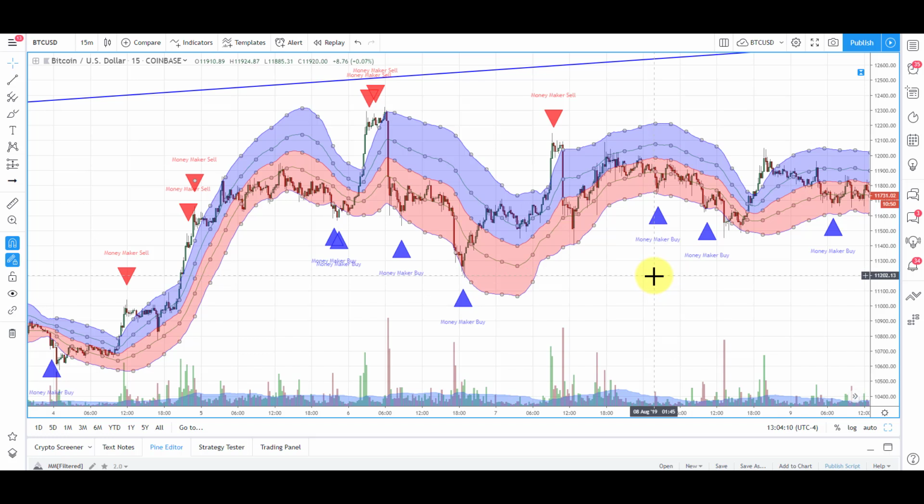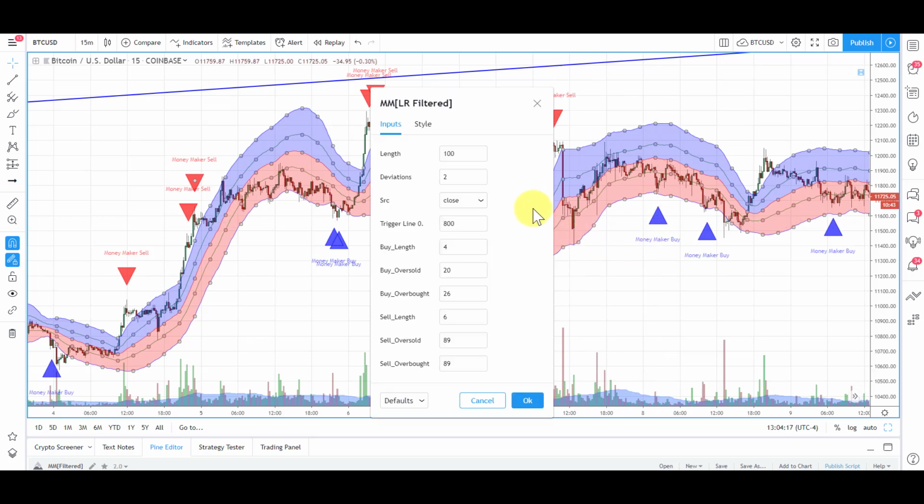If you find a better setting, let us know, but these are basically starting points for the different time frames. So we're going to start with the 15-minute chart. Double click on the indicator, and for the 15-minute, we're going to change that to